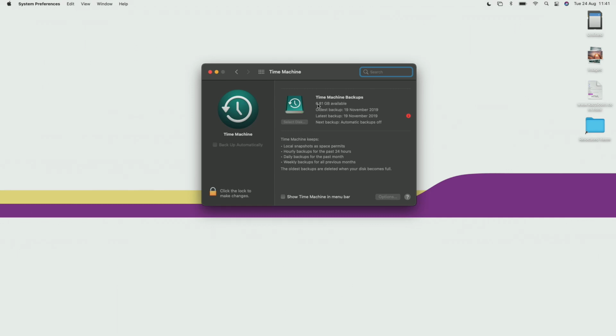if you've got any older files you want to keep on to, but it's a really useful tool to help you stay on top of what you've got on your device. You don't want to lose anything if you lose your device, which is why I'd recommend keeping it on an external hard drive. You can also choose to see it in the menu bar, so if you want